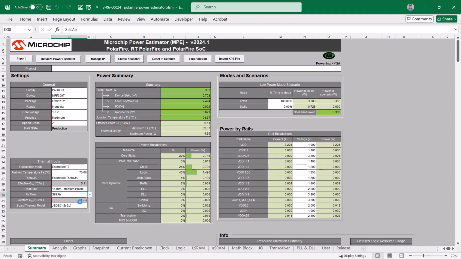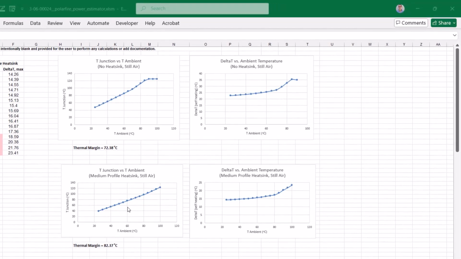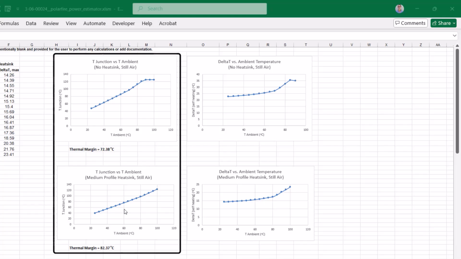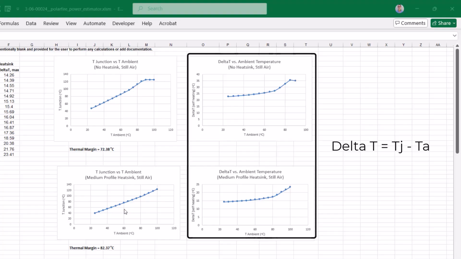I can perform a temperature sweep with the heat sink selected like I did without the heat sink. I plotted the power consumption and junction temperature versus ambient temperature on the user worksheet. The graphs show the junction temperature Tj versus ambient temperature Ta and the delta temperature versus ambient temperature, which shows